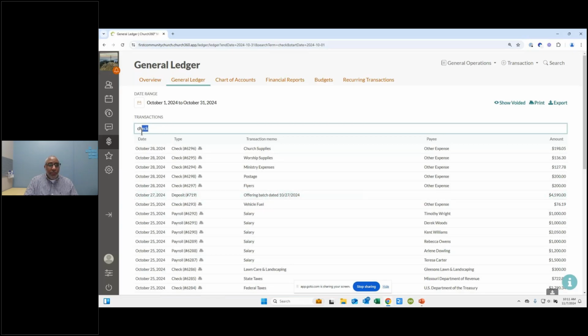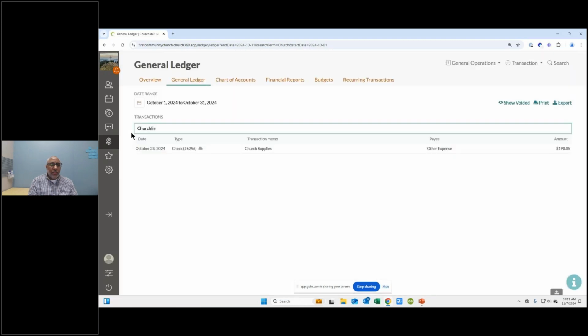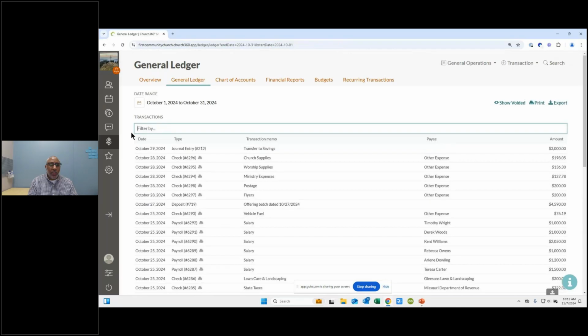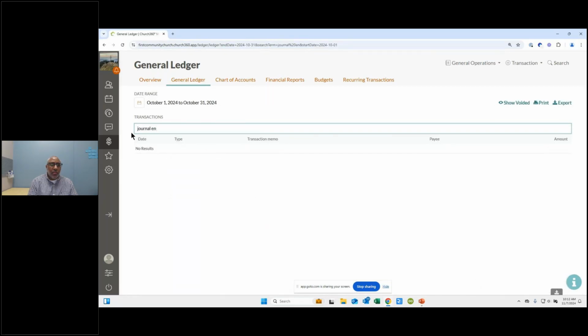But it's supposed to be able to filter by the transaction type, and it's supposed to filter by check as well. Okay, we will take a look at that.